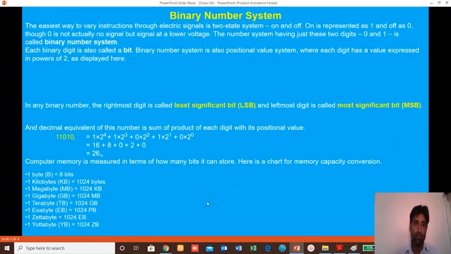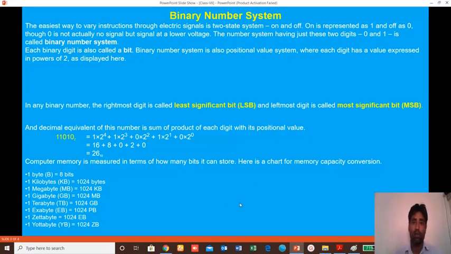Now next, the binary number system. Actually, this is the number system that a computer can understand. A human cannot easily understand binary digits, or you can say the binary number system. This is also known as machine level language. Whatever is written in machine code is written in the binary number system. Why is it known as binary? Because bi stands for 2 and nary stands for digits. It contains only two digits, one is 0 and one is 1.